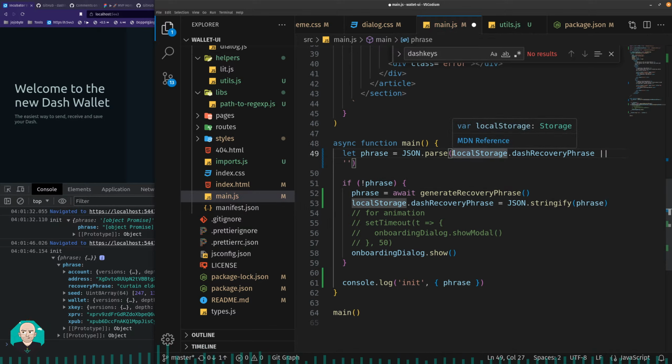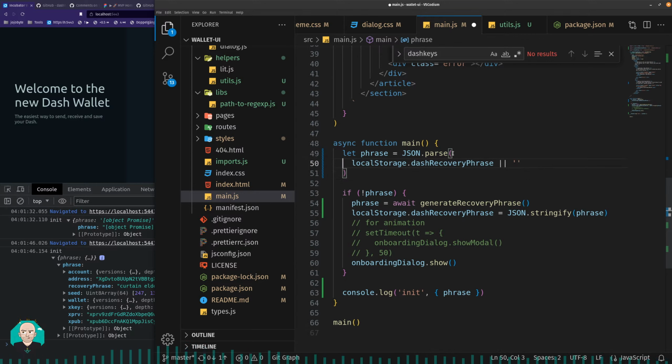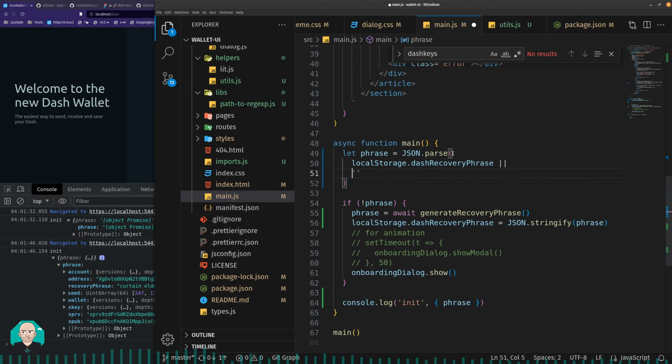So I think we want to do that because it could potentially be undefined or something like that, if I recall correctly. So if it's undefined, then it gives an empty string, and then JSON parse does not freak out. Okay,